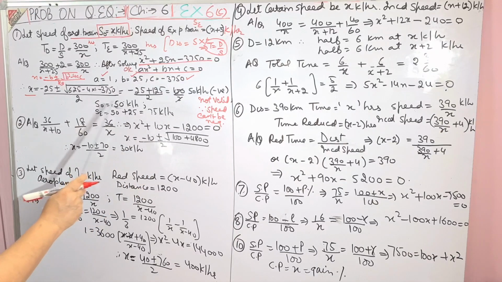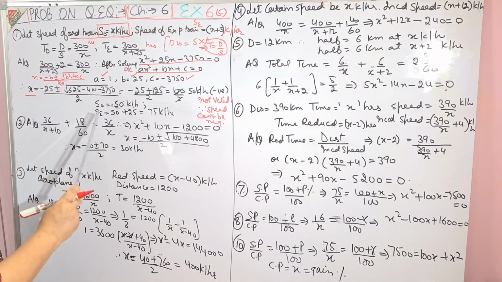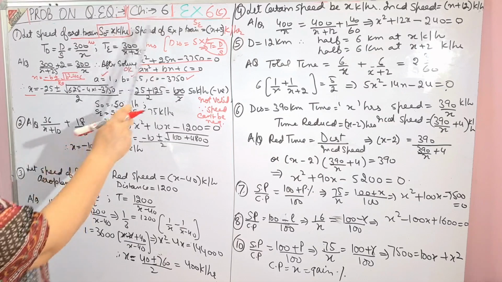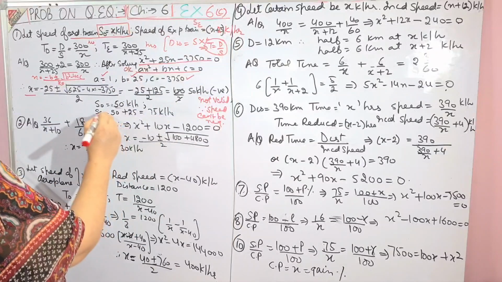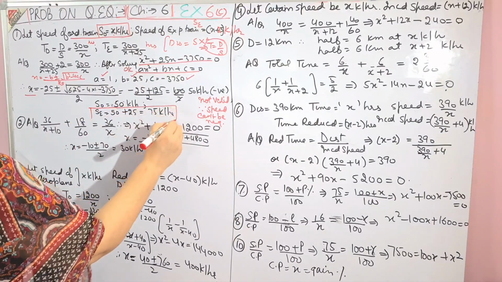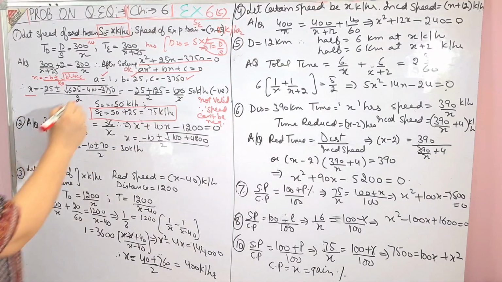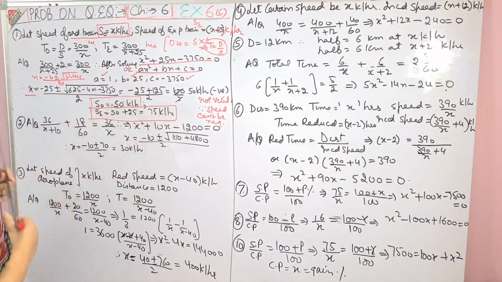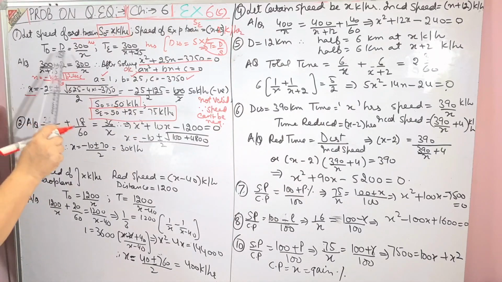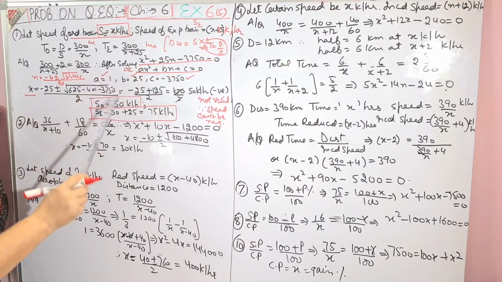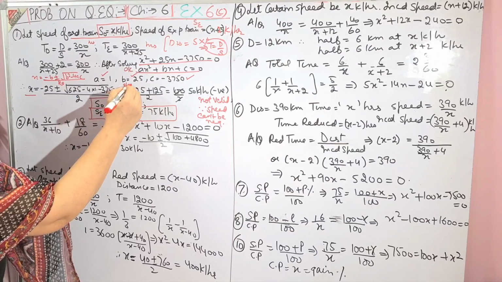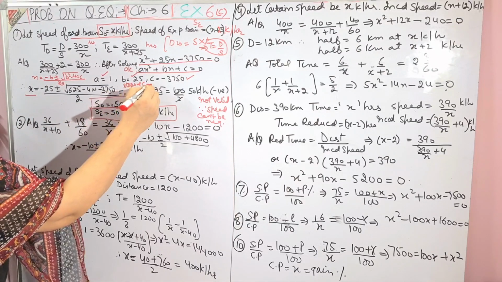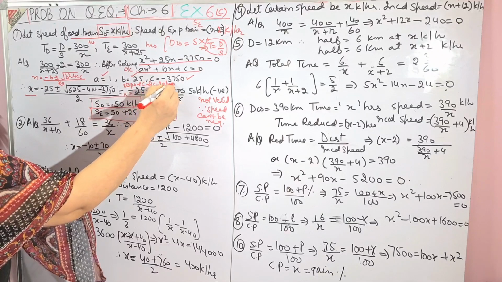That means the speed of the ordinary train is 50 km per hour and the speed of the express train is 50 plus 25, that means 75 km per hour. So see children, how easy it is. What you have to be careful about is that you write each and everything how I have written. Here I have done the short form. You do all the steps of solving. You show the steps of calculation, otherwise your marks will be deducted.